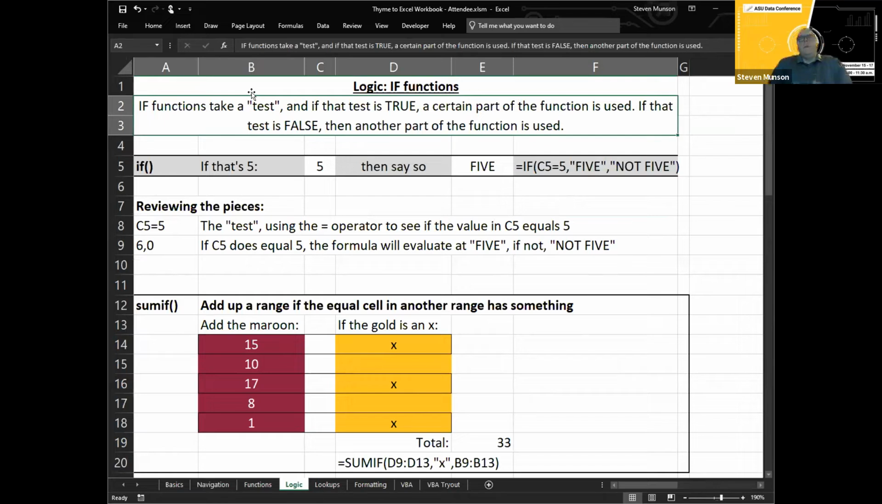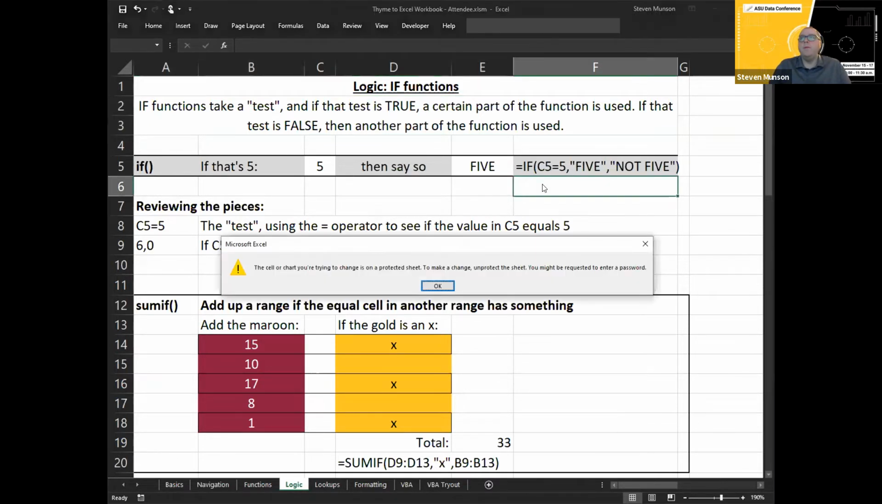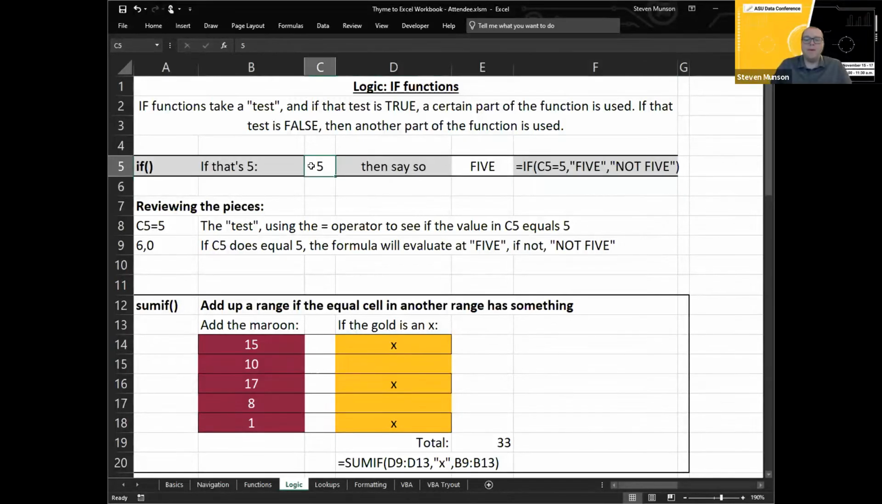So this is where we actually use the operators to test actual values, and why we would want true or false values to be given to us, so we can actually do things based on if things are true or if things are false. So if functions take a test, and if that test is true, then one of the conditions is used. So we'll open up our ingredients here,